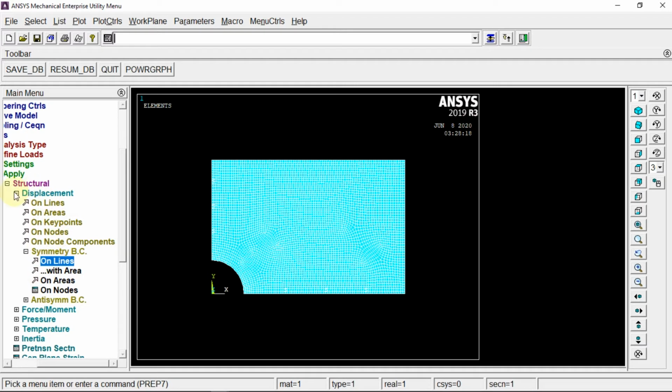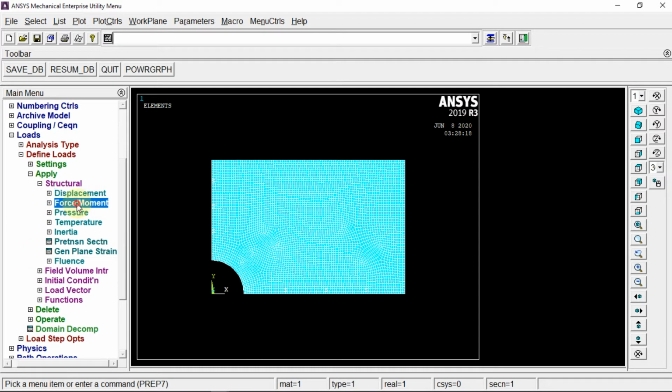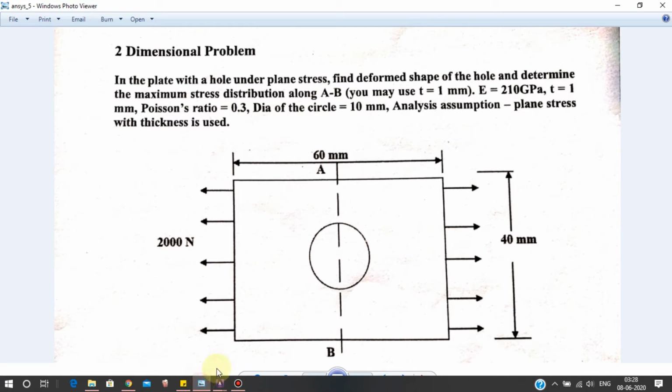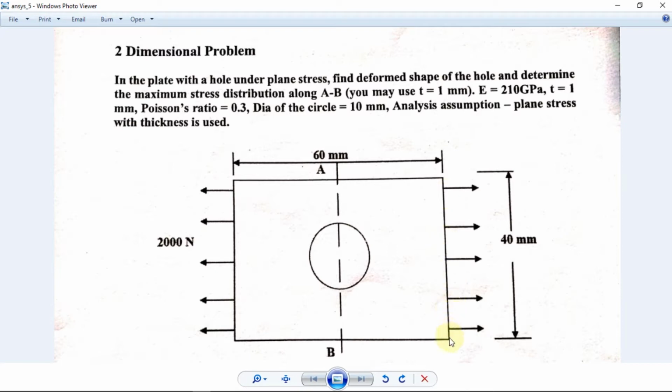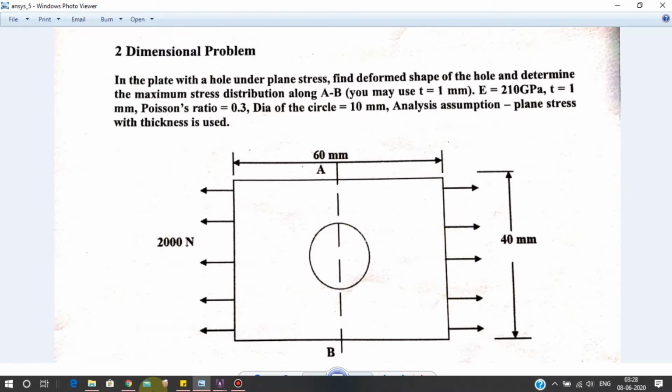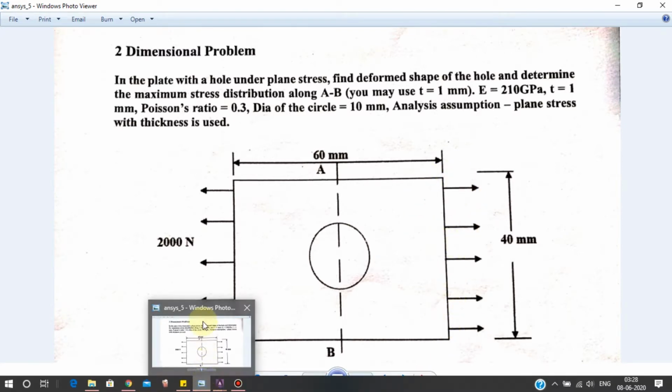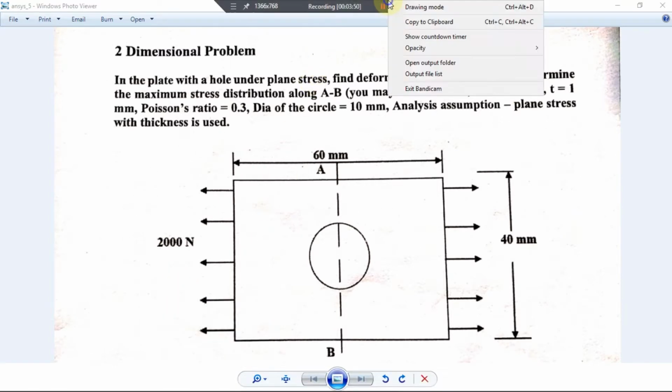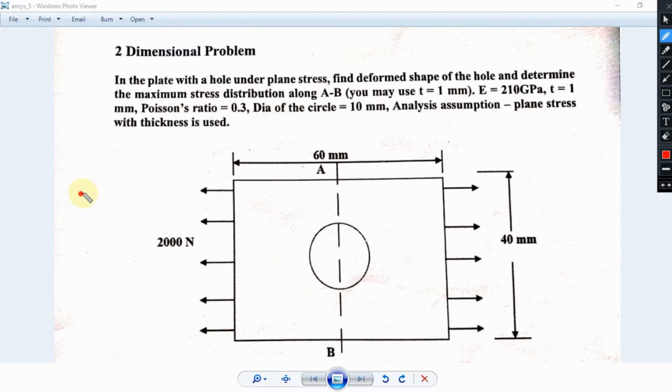and next thing what I'm going to do is apply the pressure. See, it's applied over a length, over an area, so that's a pressure, and we have to calculate the pressure, and the pressure can be defined as 2000 divided by what would be the area.